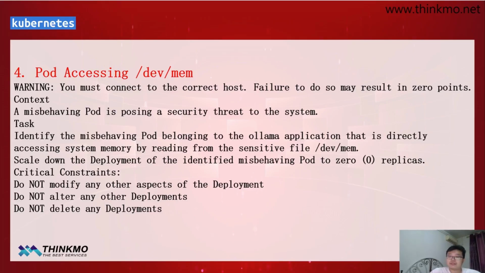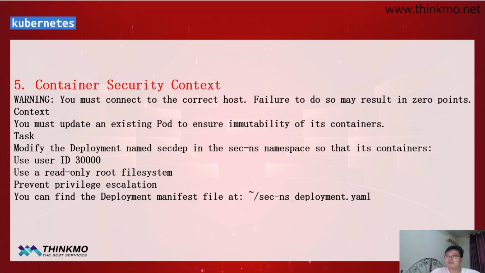As for question 5, its content is actually relatively straightforward. It's about a security context issue. Of course, the first step is still to switch to the corresponding host. Of course, in the previous question, because for question 4, since you switched twice, you need to press exit twice to return to your original location and then connect remotely again. Alright, so here the main point of this question is, the requirement is that we must update an existing